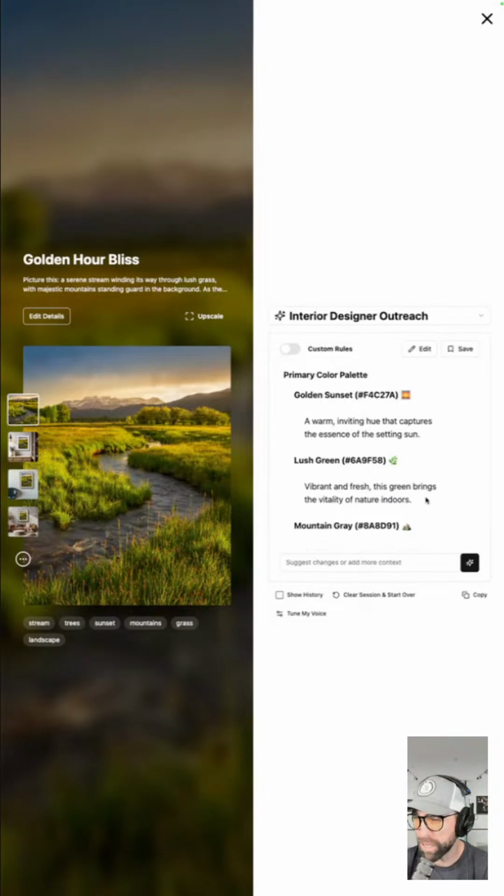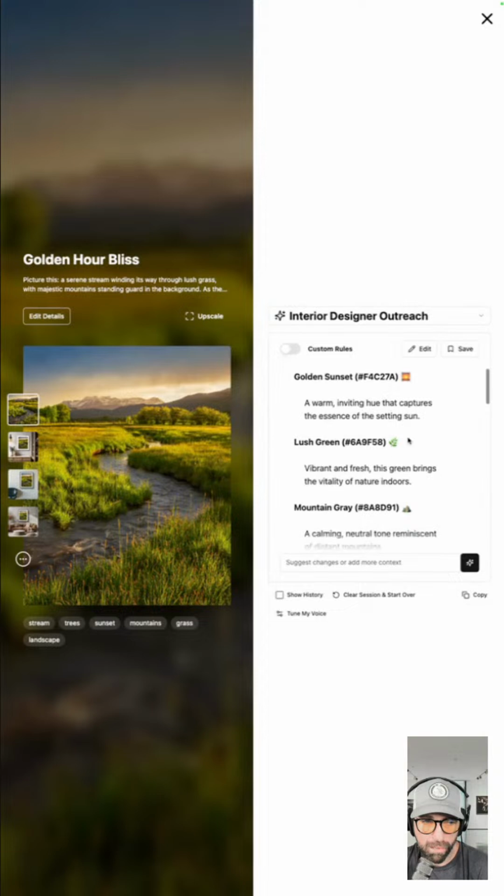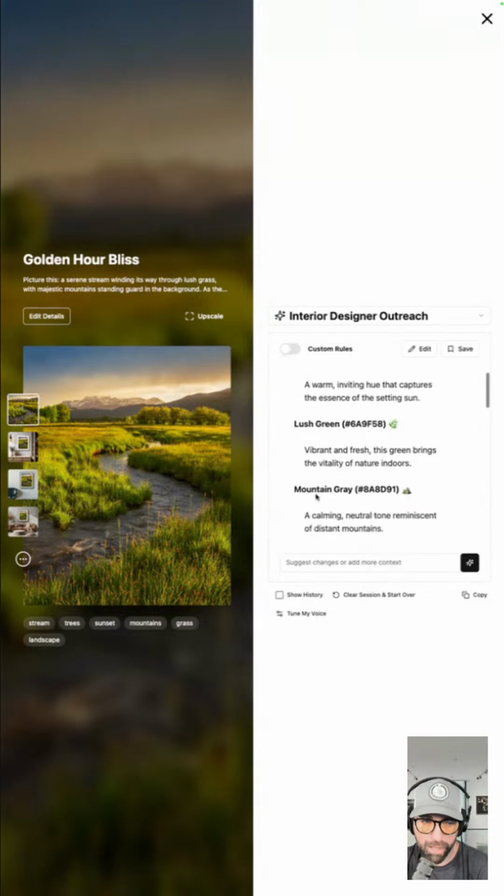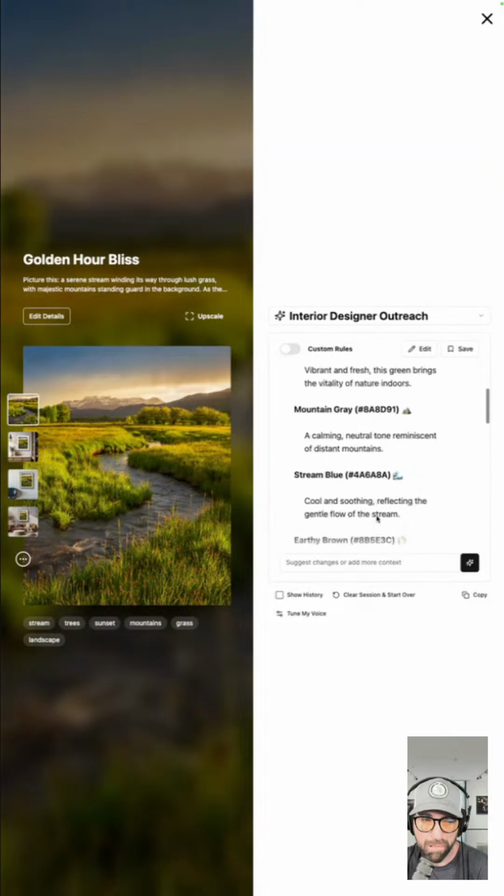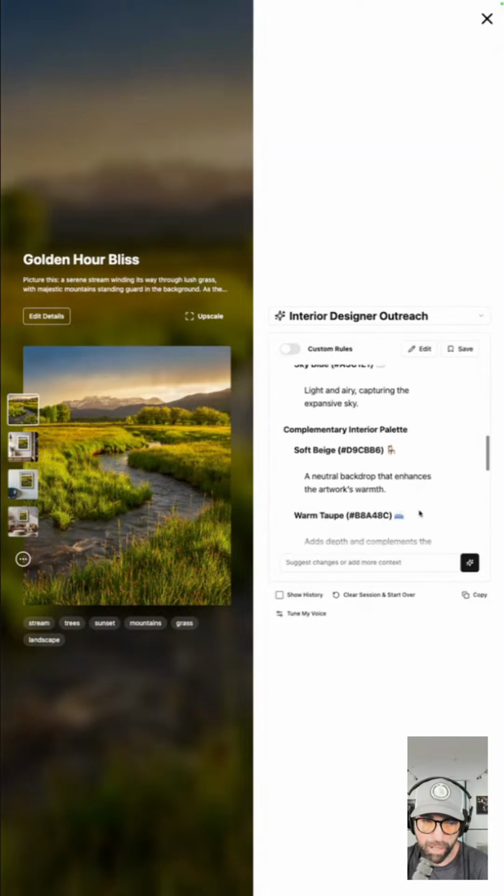So what this one does is it looks at your image and pulls all of the primary color data out of it and creates a color palette for you. In this one, it says golden sunset, lush green. It gives you the hex colors, and gives you a little bit of information about the colors. But the thing that it does secondarily, which I really love, is it does what's called a complementary interior